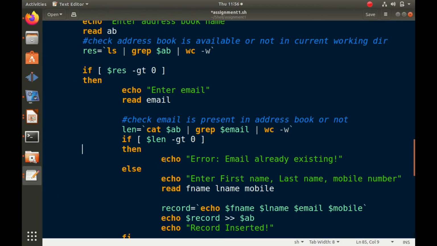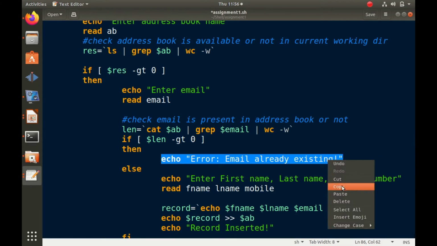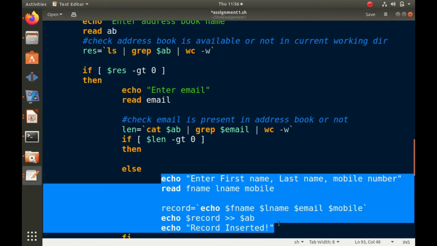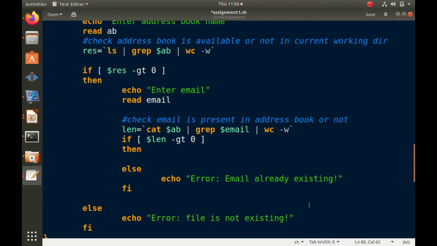If the email is present, you are going to modify the record. And if the email is not present, you are going to display an error. So in the else part, you will display this error: email not existing. If the email is not existing, you can't modify the record, and if the email is existing, you can modify the record.